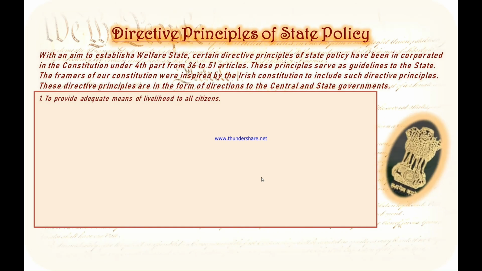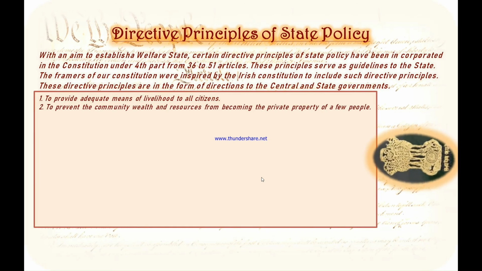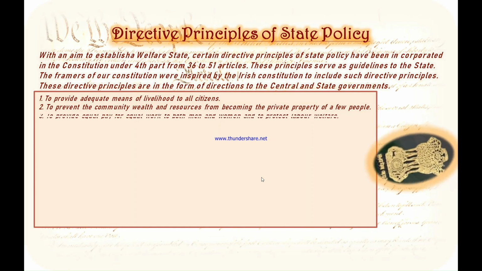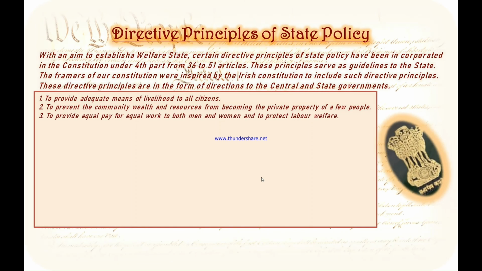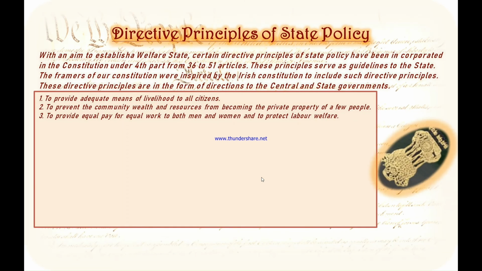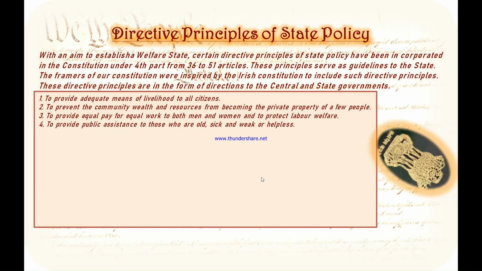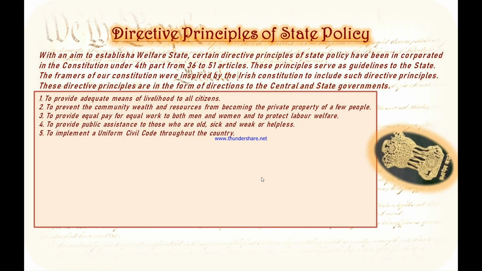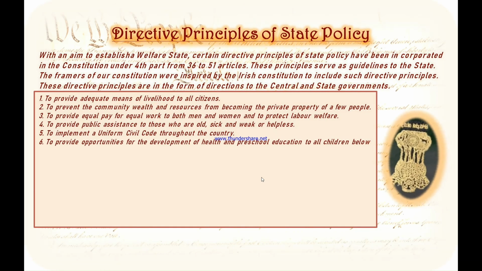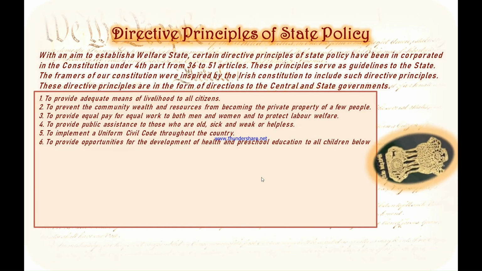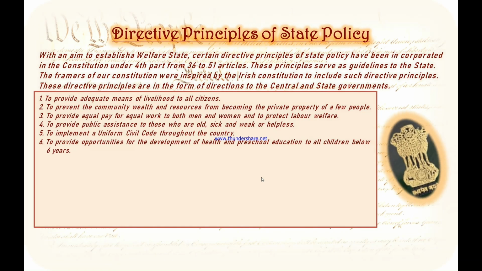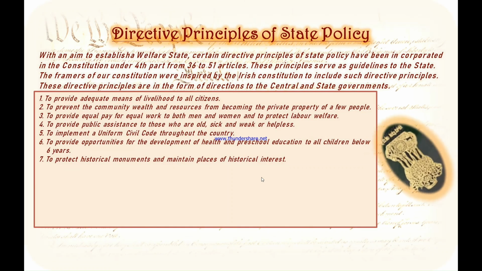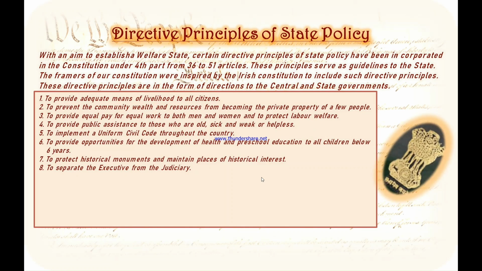And they are to provide adequate means of livelihood to all the citizens, to prevent the community wealth and resources from becoming the private property of a few people, to provide equal pay for equal work both to men and women, and to protect labor welfare, to provide public assistance to those who are old, sick, weak, or helpless, to implement a uniform civil code throughout the country, to provide opportunities for development of health and free school education to all children below 6 years of age, to protect historical monuments and to maintain places of historical interest,